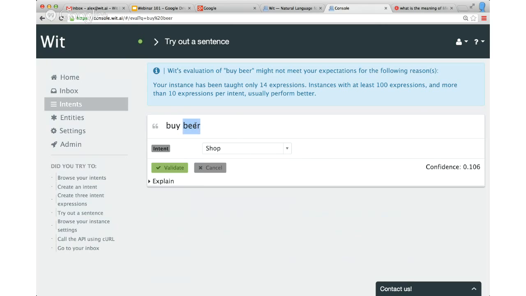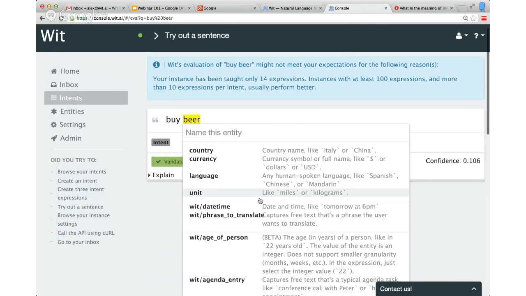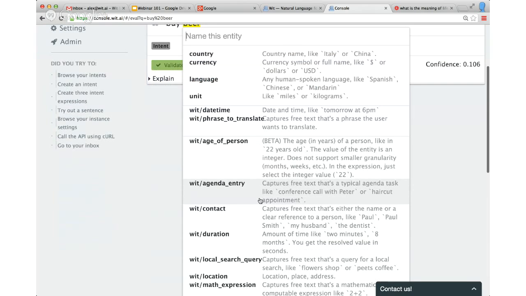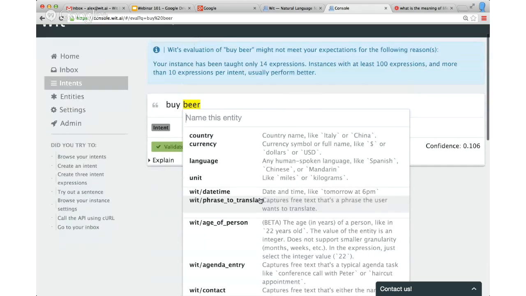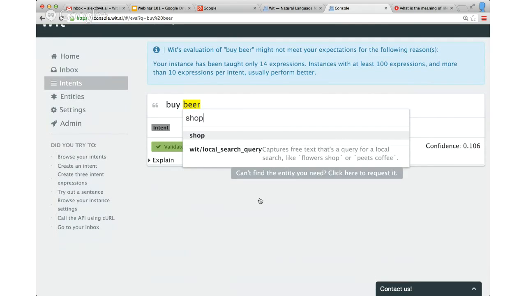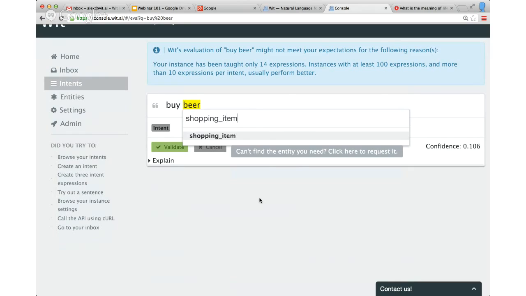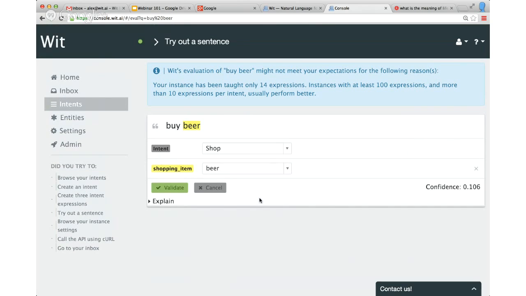Okay, in this case, beer, and there is no shopping list item entity. We didn't build that, so no problem. Let's create it. So let's find a name, shopping item, for instance, and press enter. And so this is the JSON I'll extract from this sentence. Intent is shop, and shopping item is beer.